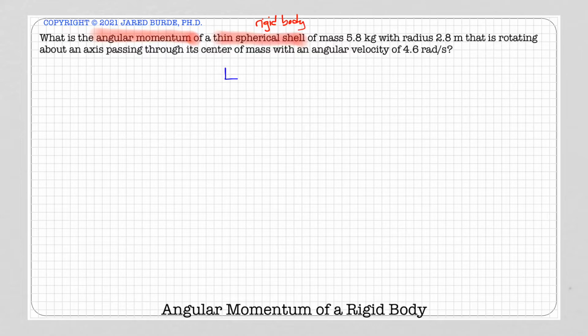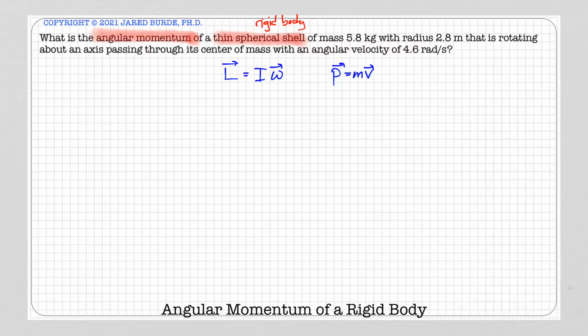We said that the angular momentum is I times omega. That parallels the equation that we have for linear momentum, right? Linear momentum and angular momentum are analogs of one another. Mass and moment of inertia are analogs, and velocity and angular velocity are analogs as well. So if we want to find the angular momentum, that means we need to know the moment of inertia of this thin spherical shell about an axis passing through the center, and we need to know the angular